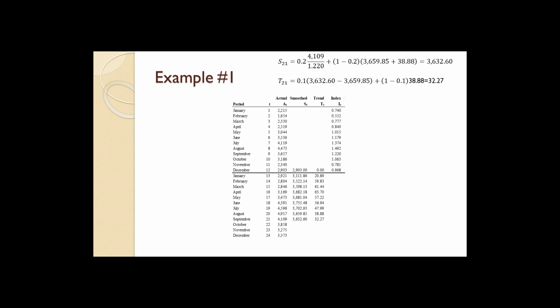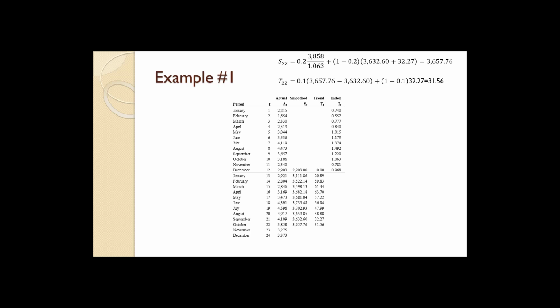3,632.60. And for T sub t, 0.1 times 3,632.60 minus 3,659.85 plus 1 minus 0.1 times 38.88 equals 32.27. For October, S sub t equals 0.2 times 3,858 divided by 1.063 plus 1 minus 0.2 times 3,632.6 plus 32.27 equals